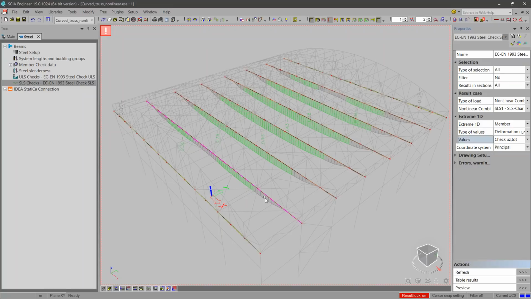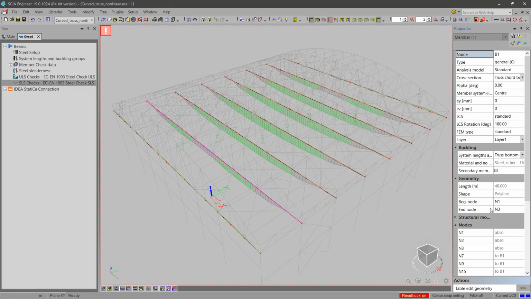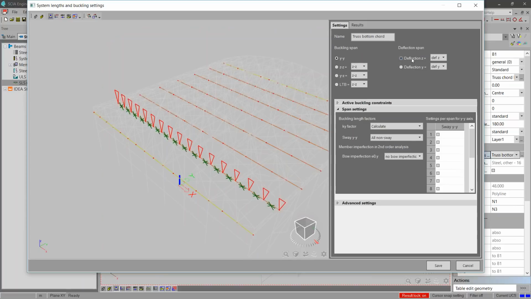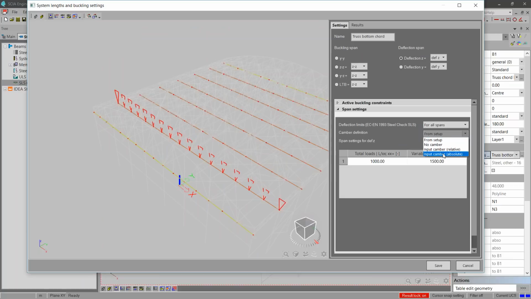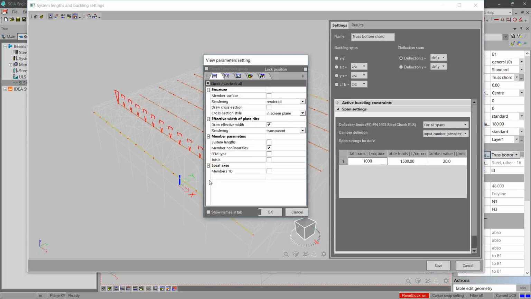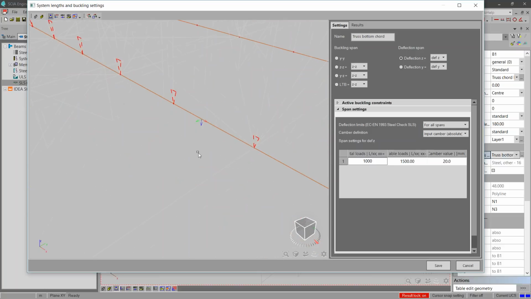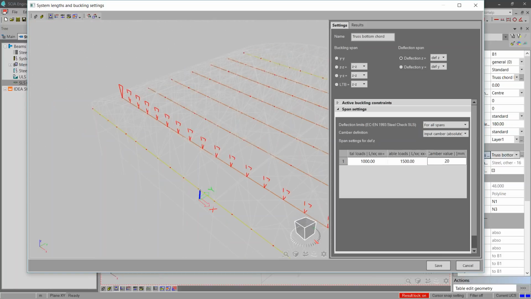Now the next thing I would like to show you is how to define camber. So again, I go back to my buckling settings. Of course, I can define that on the level of the whole structure, but it will not make much sense. So if I would like to input a camber, I just use the possibility here, absolute or relative values. And I can say I would like to have 20 millimeters camber. Now, in which direction am I applying this camber? It's always useful to activate the local axis here so that we know. In this case, the z-axis is downwards, so it means that I'm applying the camber downwards. So I will change that to